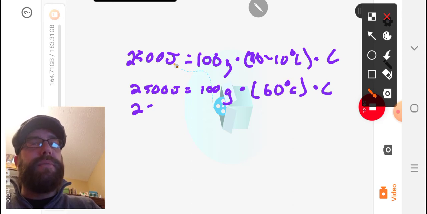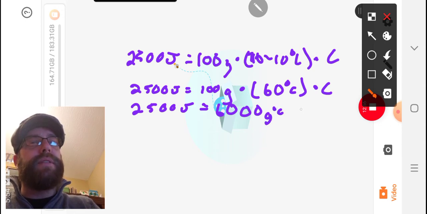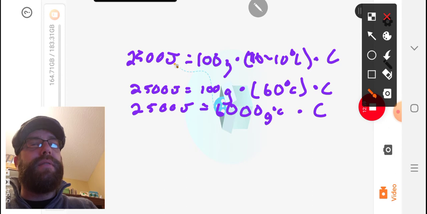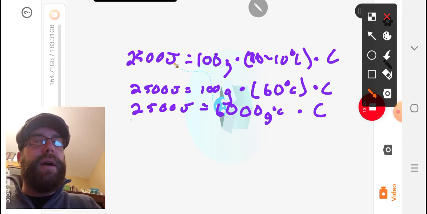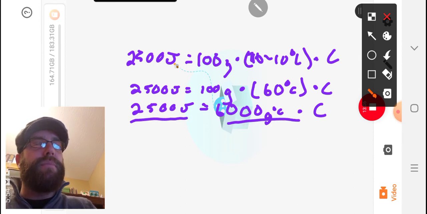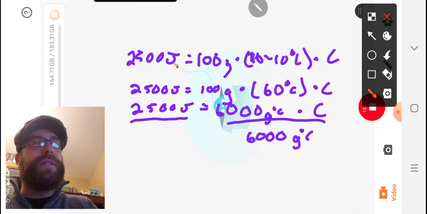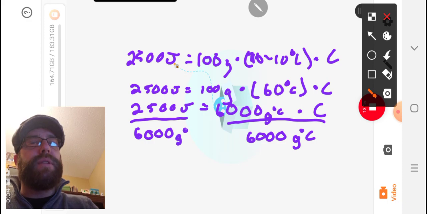So I'm going to simplify that one more time. 2,500 joules is equal to 6,000 grams times degrees Celsius times C. And so now I need to get C by itself. It's basic algebra. So I divide both sides by 6,000 grams degrees Celsius. And I get C equals